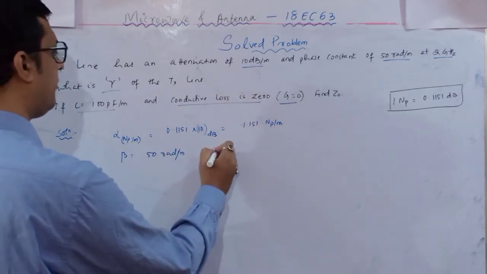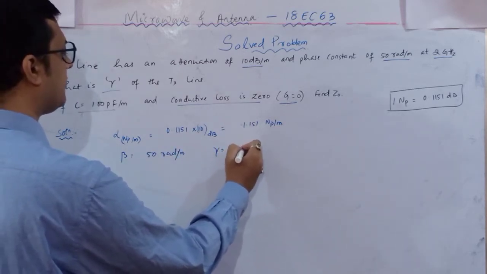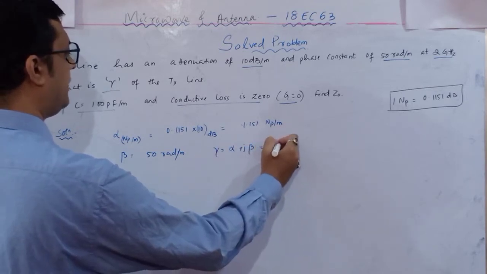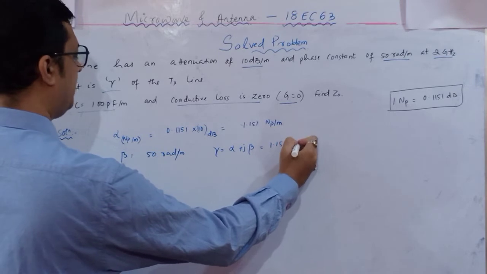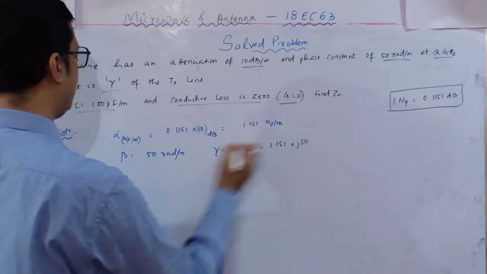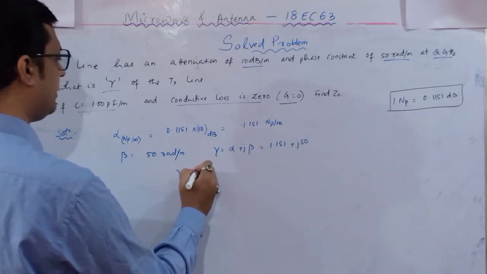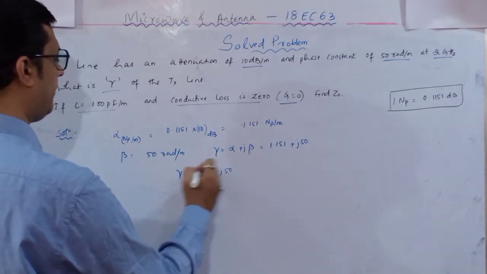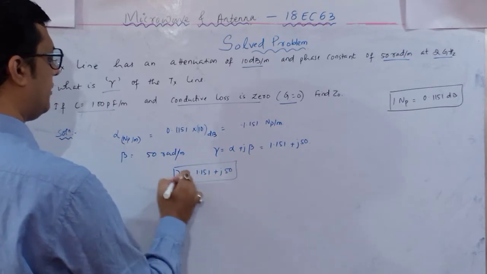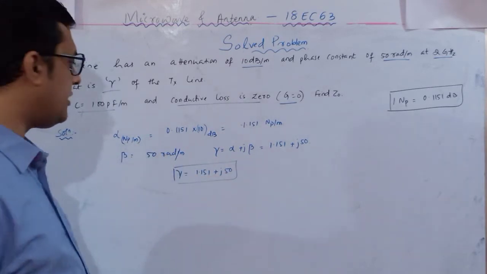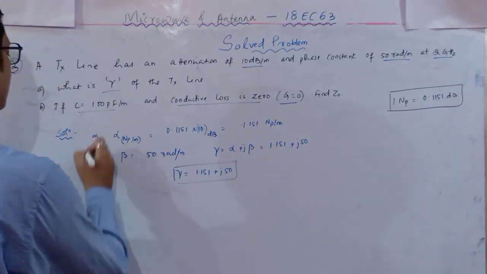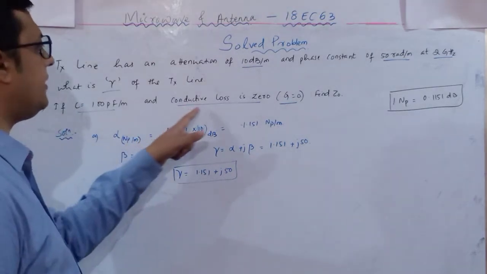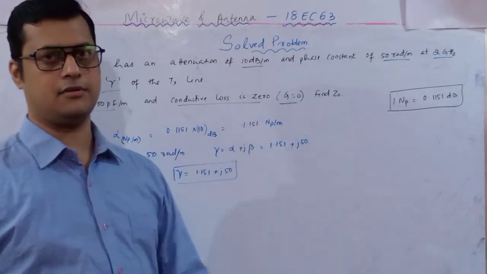So what will be my propagation constant? Propagation constant is alpha plus j beta. Alpha is 1.151 plus j 50. So gamma value is 1.151 plus j 50. Okay, so this is my propagation constant. Done. Then B. If C is equal to 100 picofarad and conductive loss capital G is equal to 0,